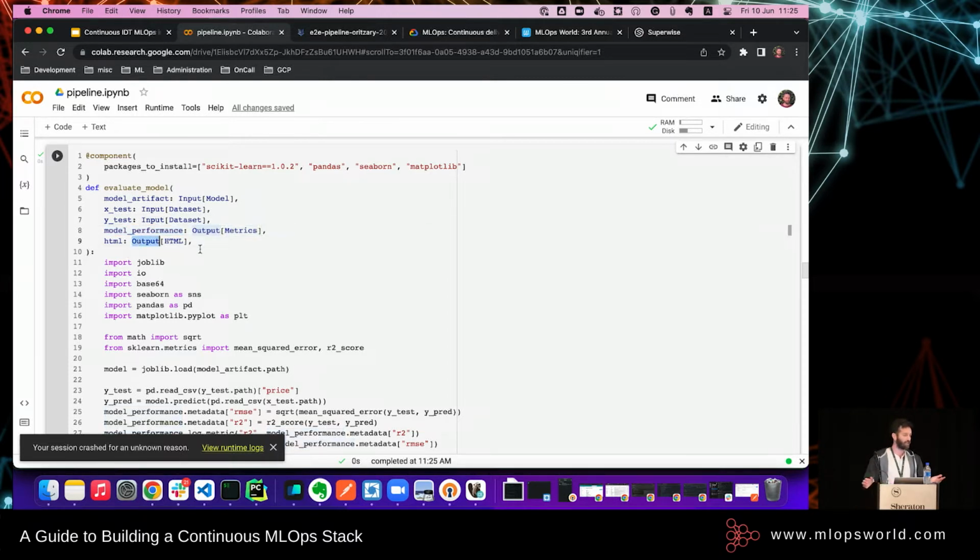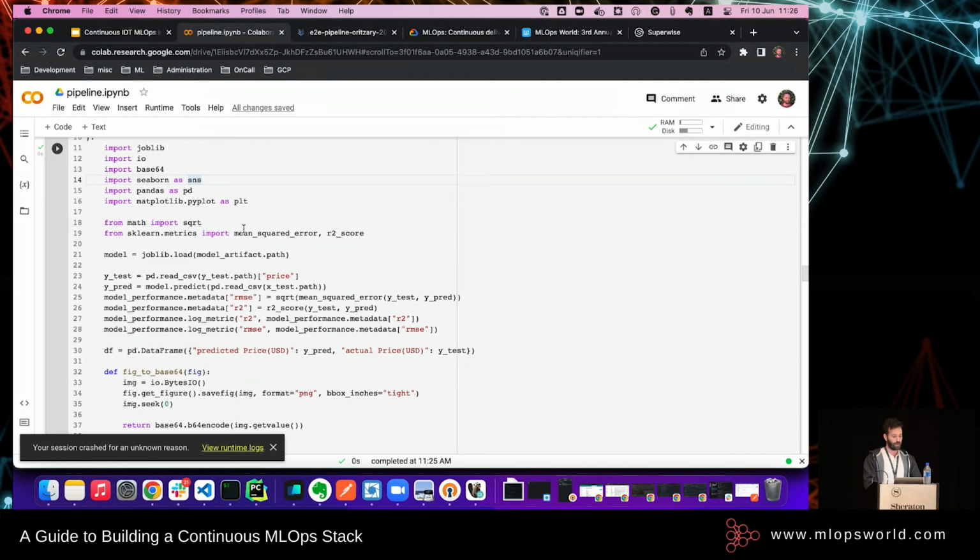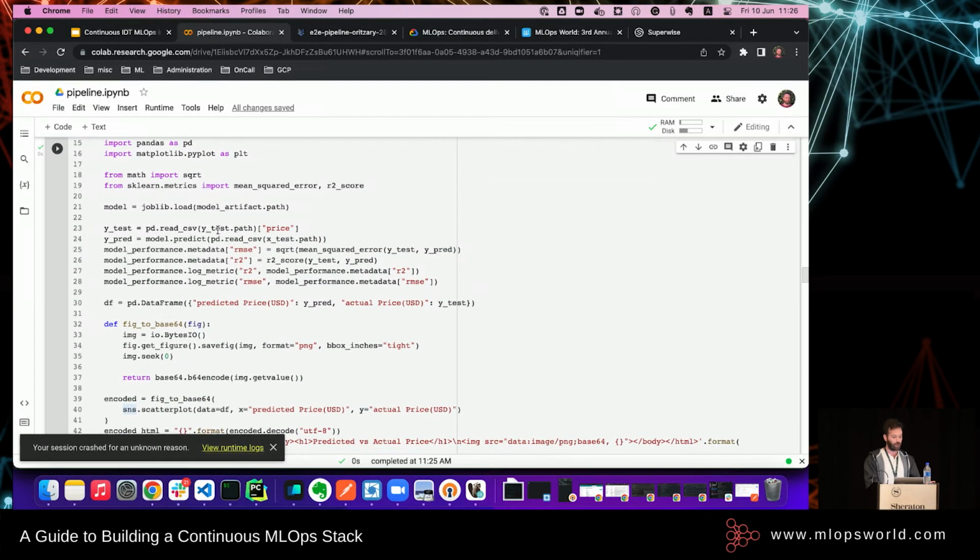And the HTML is just an example for your reference if you want to add some cool plots and so on to the UI of Kubeflow, and then you can share them. It's quite similar to how MLflow keeps track of experiments, like the actual animations and plots. So again, I'm running very quickly over the code, just the most important parts. We can take the model performance output object, and we're going to log into its metadata dictionary the root mean square error of the actual calculation, and R2, and then we're going to log the metrics of it.